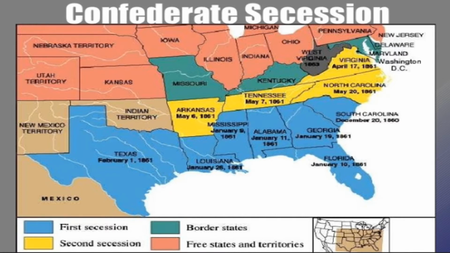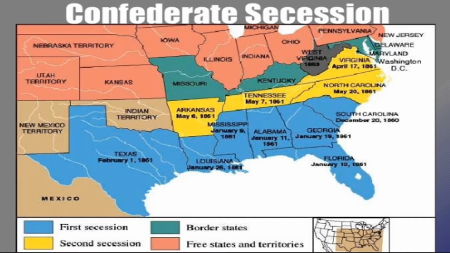I've shown you this before, but something to keep in mind is those first 7 states, they're in the Deep South. They are the most entrenched with slavery and most committed to it. And then we see here the 4 other Confederate states that will leave in a second wave of secession. And then in the green, we have what are referred to as the border states, Missouri, Kentucky, Delaware, and Maryland. And again, the question is, are they going to secede or are they not? Spoiler, they will never actually end up seceding, but we'll talk about why that is the case in just a